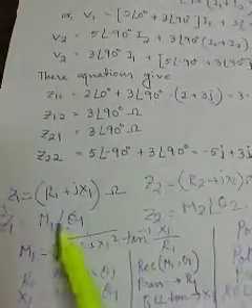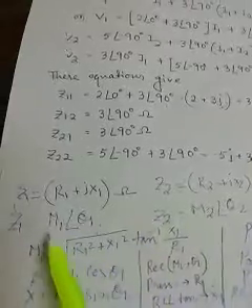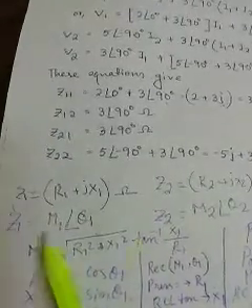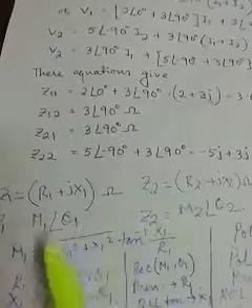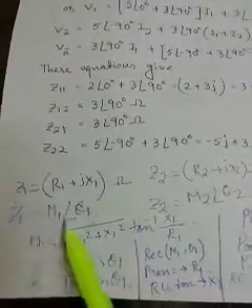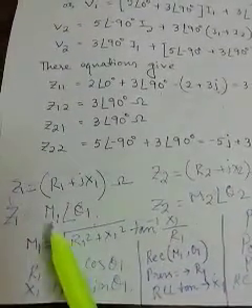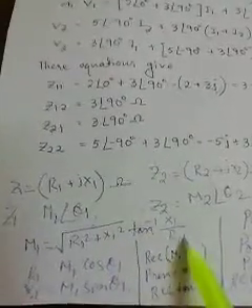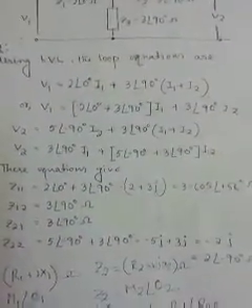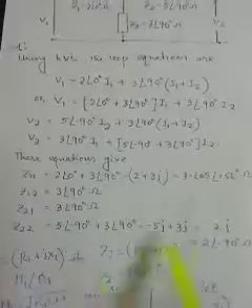So how should these two quantities be multiplied? For example, the value of z1 into z2 will be m1 into m2, and the angles are added, theta 1 plus theta 2. And if we go for the z1 by z2 calculation, it will be m1 by m2, and the angle should be theta 1 minus theta 2. This problem is just shown here for understanding this concept.